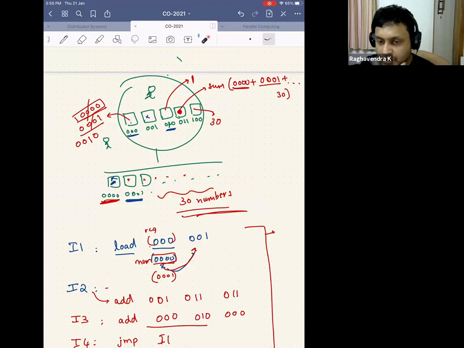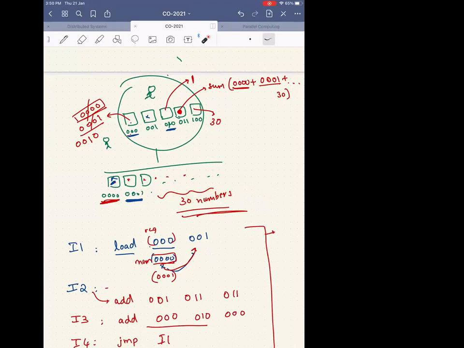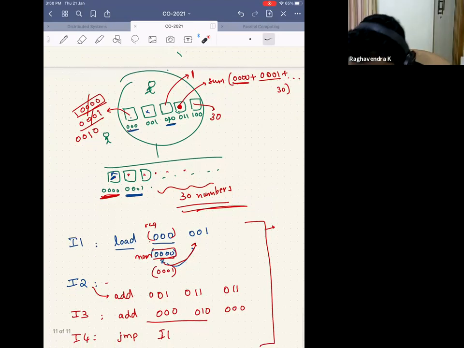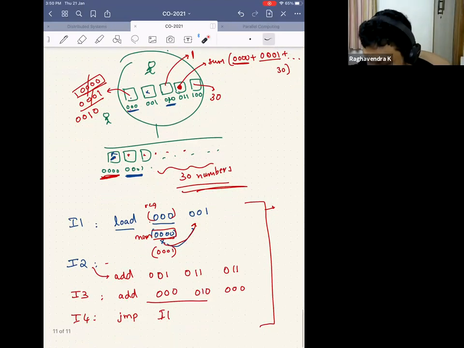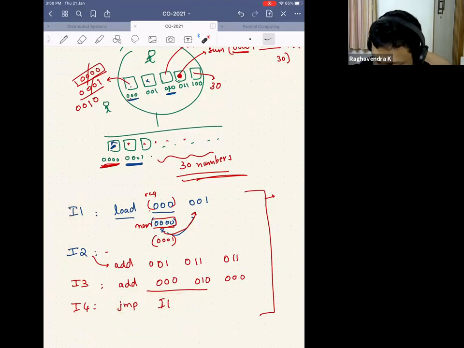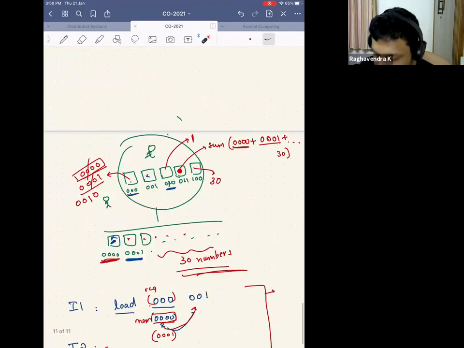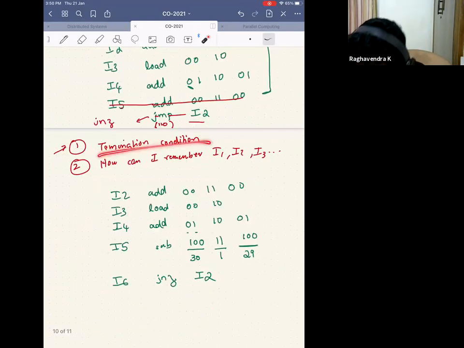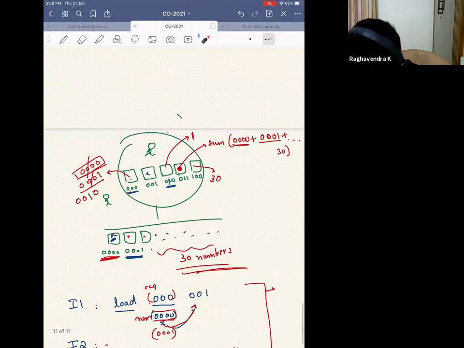Okay, did everybody follow? Yes, sir. Please stare at it once more. If you are not following, we'll figure it out, right? But now the question is, when do I jump? This just keeps on jumping, and I don't want that to happen because of the previous issue that I had, because there is no termination condition. So I figured out that there is one more tiny box here, which is storing 30.